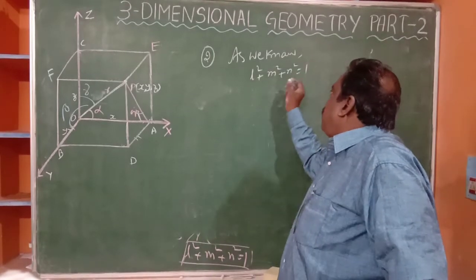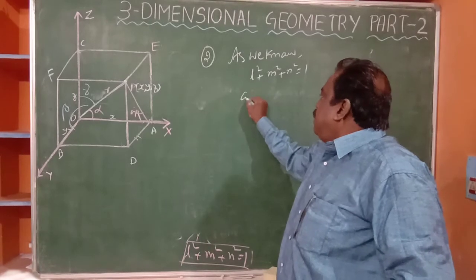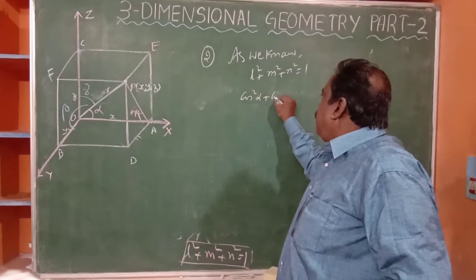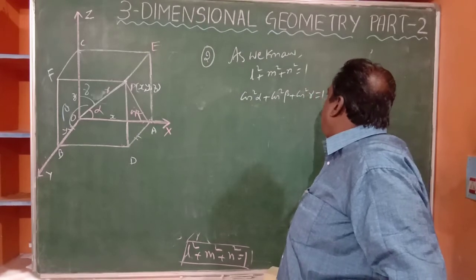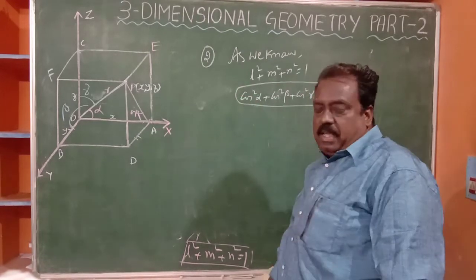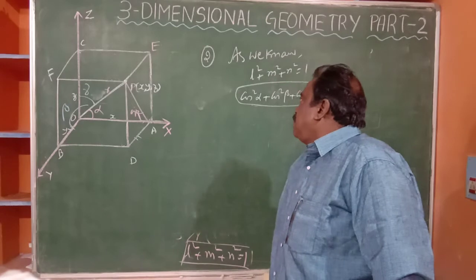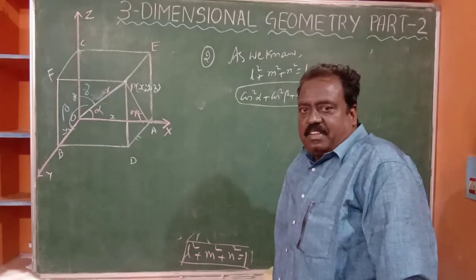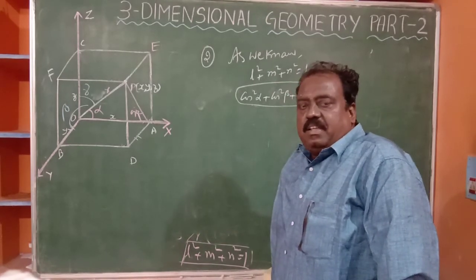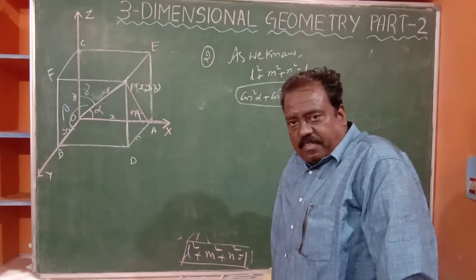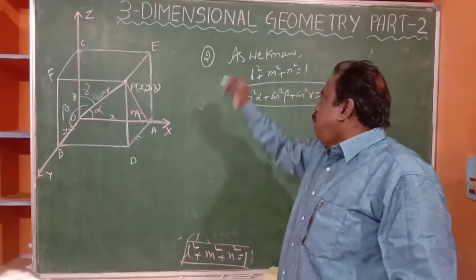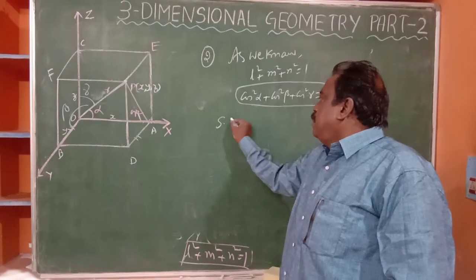That means cos square alpha plus cos square beta plus cos square gamma is equal to 1. Directly, a 2-mark or 3-mark question of this type is asked: show that cos square alpha plus cos square beta plus cos square gamma is equal to 1, just like we already proved. Now the second, show that